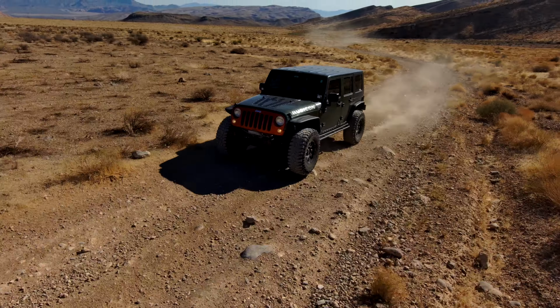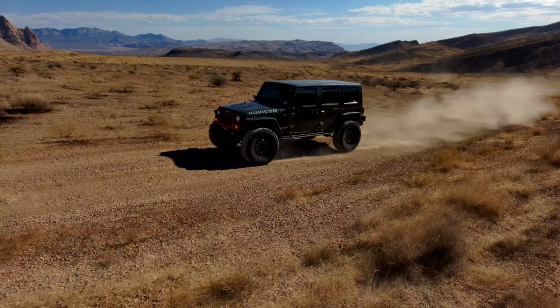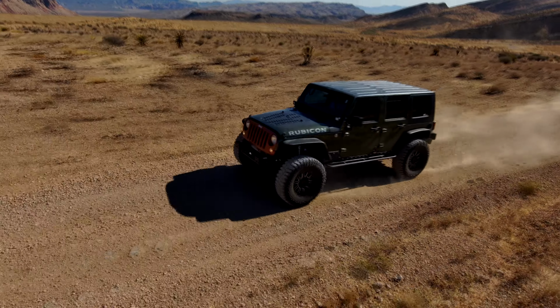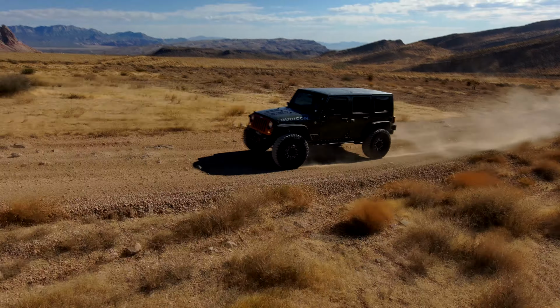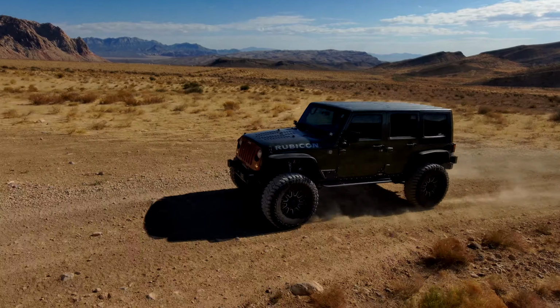A lot of those were Holden-based engines in Australia. They put them in the GM trucks at one point, the Vortec Max. They put them in police cars. They put them in the Chevrolet SS. I kind of call them the baby LS3 because they're almost identical to the LS3. They're just a 6-liter. But what we're here to talk about is the 6-liter truck motor, and specifically the L96,